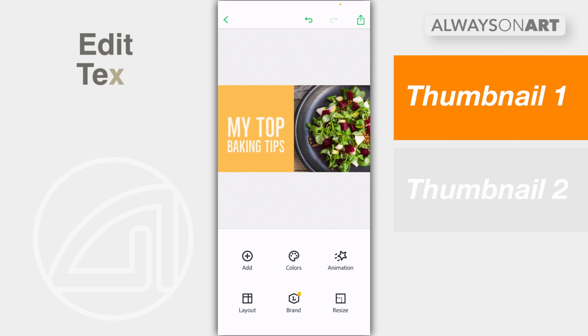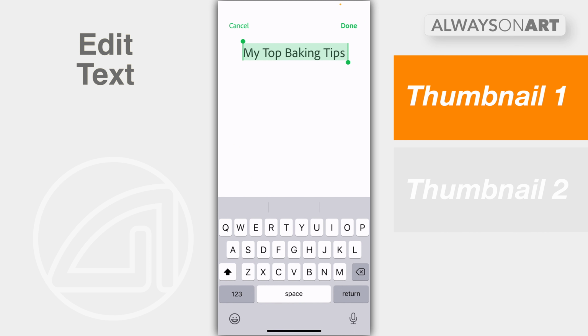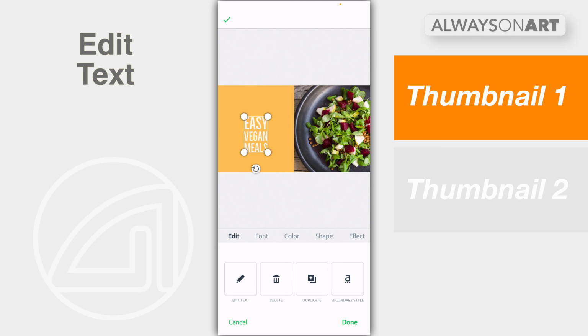Now let's work on the text. Just double tapping on the text brings me into the edit mode. And let's type in a new title. From here, I can scale it up by just tapping and dragging these little corner handles and even repositioning it as I need to. The next thing that I want to do is go over here to the Effect menu,